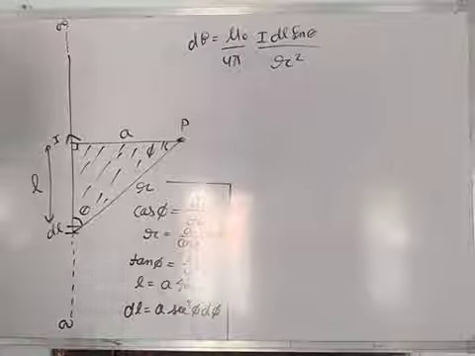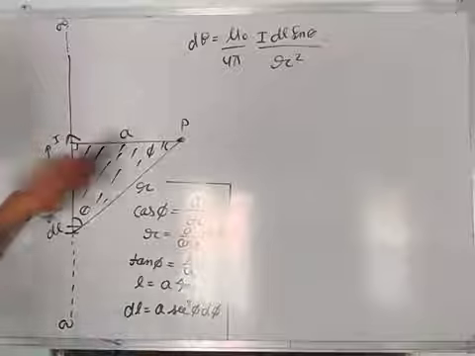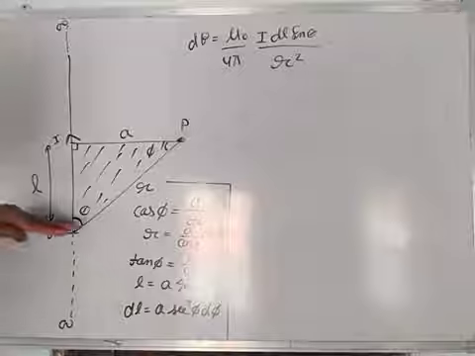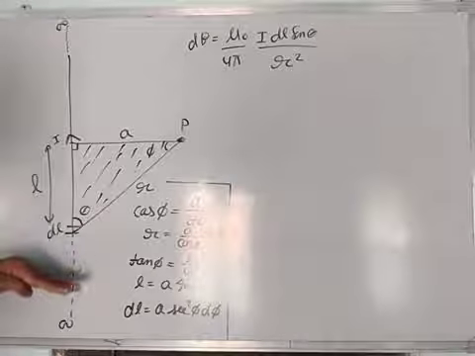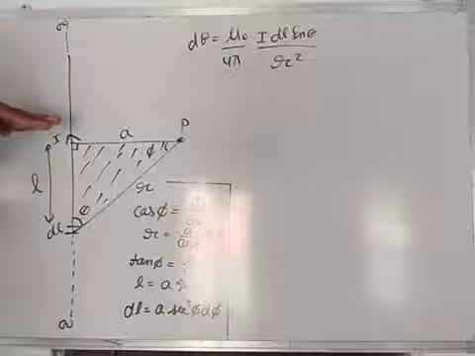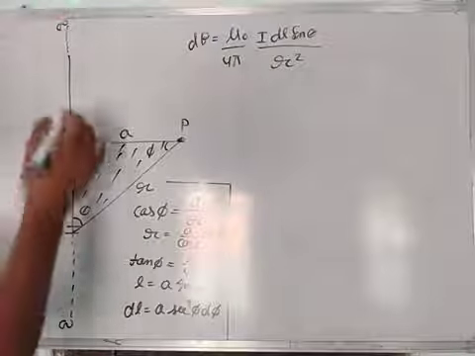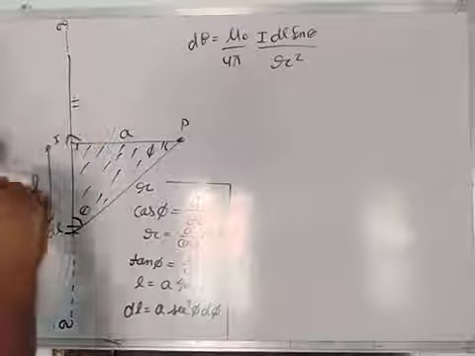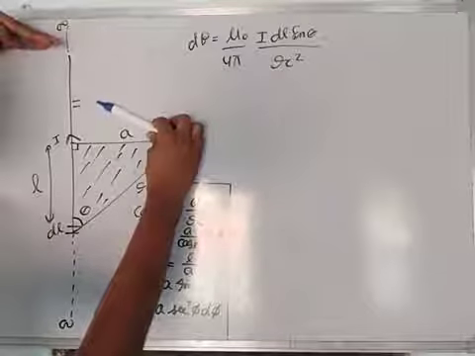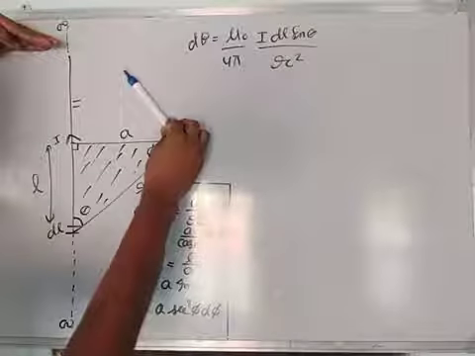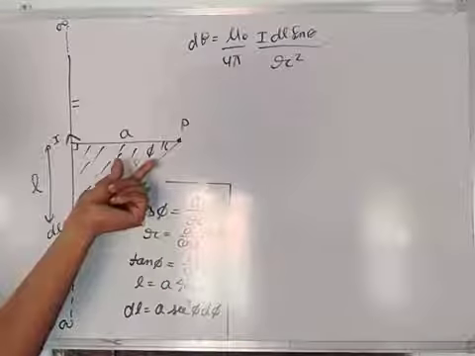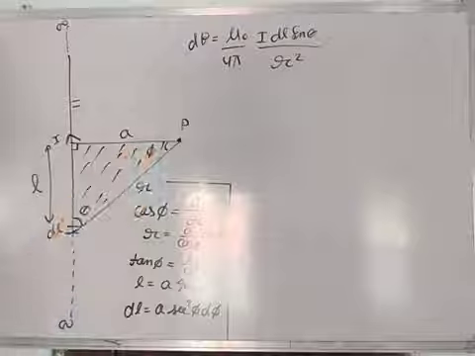Here a question arises, why we are taking phi not theta? Students, you can see as the length of this conductor will increase, phi will vary in both directions. If you are going upward direction, if dl is here, then phi will be smaller. If you extend the dl, then you will find that phi will increase. Then we are going to convert our result in the form of phi, because phi is a variable.